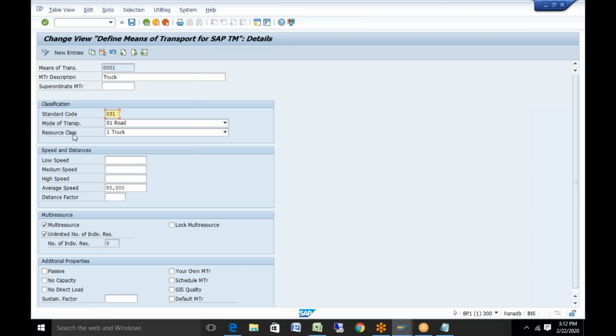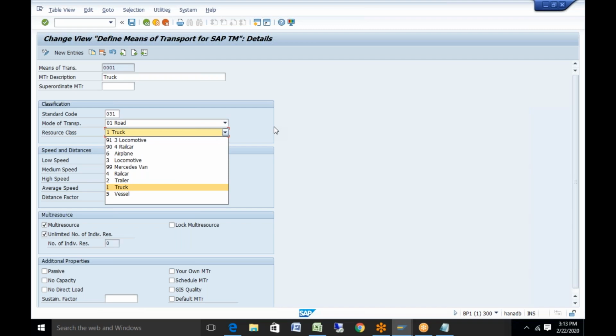Second thing, resource class. So resource class means you have got multiple classes of resource. That means, see, if you are using a truck, or a locomotive, or a rail car, every vehicle resource has a specific class. So that class will help you understand which type of resource can be used for this means of transport. Because as I told you, means of transport has an assignment to resource. So that assignment to resource is actually done through the resource class. When I create a resource for you, you'll see that we assign a means of transport there. Okay. So in case means of transport MTR1 is for a truck, then you specify resource class as truck. If it is for a rail car, you specify it as a rail car, something like that.